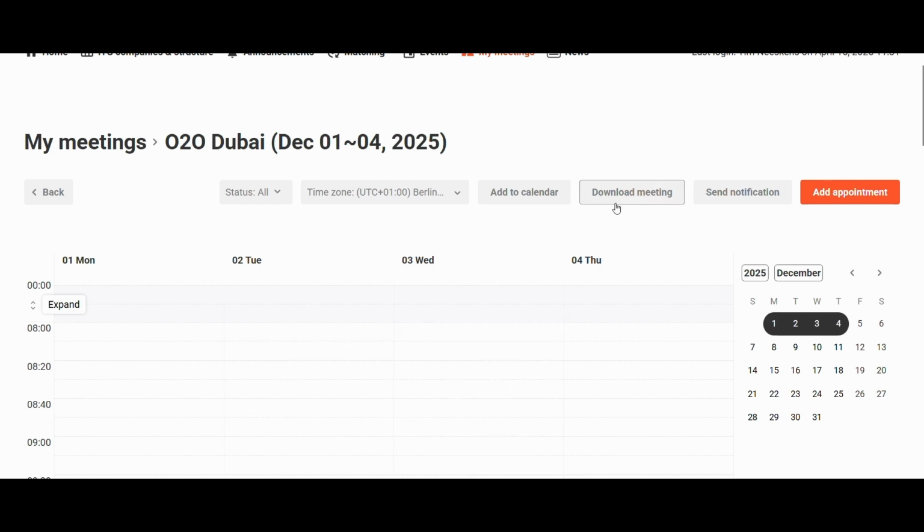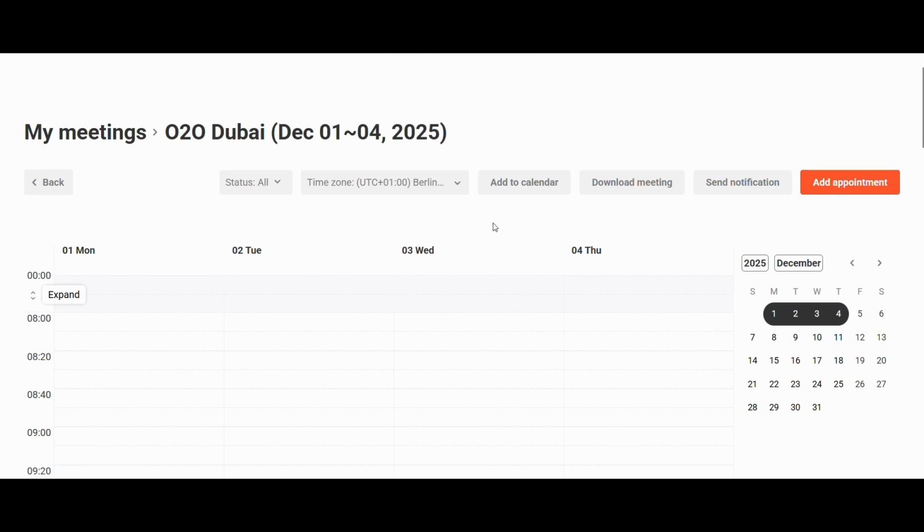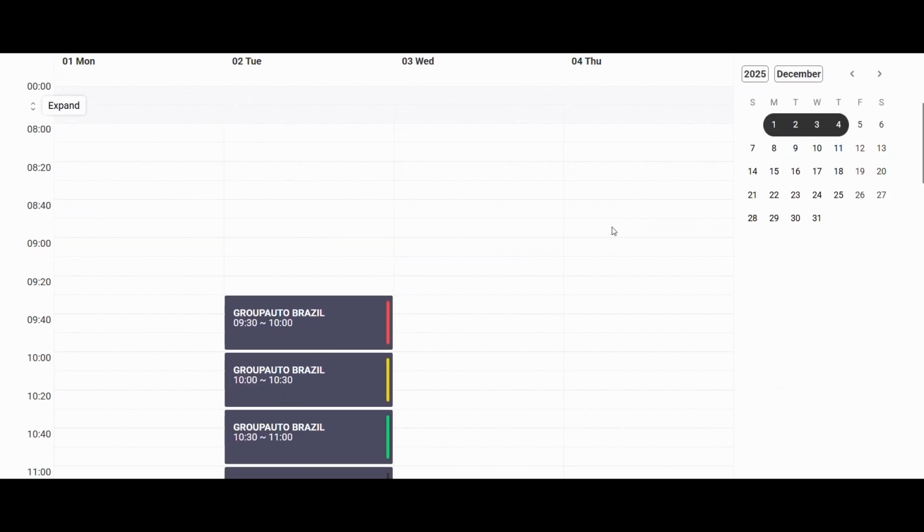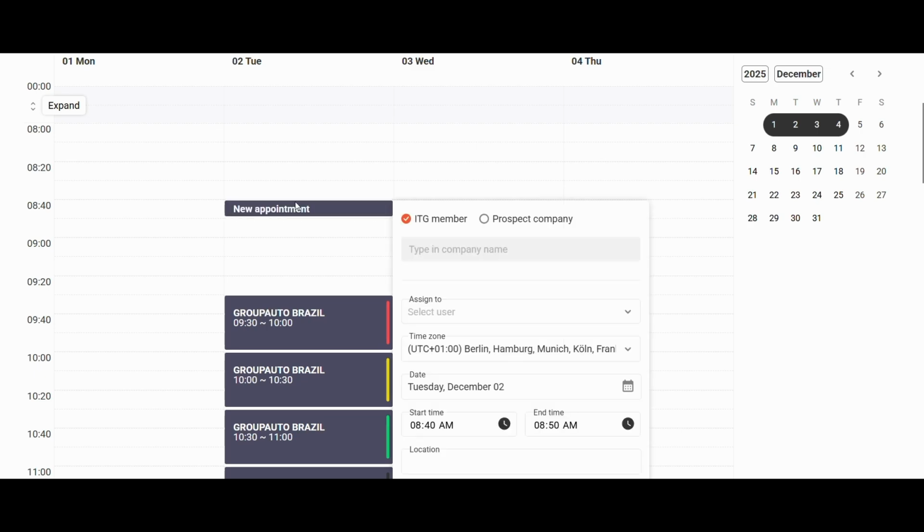You can also download the meetings, in which you will get a Word file in which you can have all information stored that you added in this meeting. You can send a notification, which I will also later explain to you. And you can add an appointment. You can either add an appointment with this orange button, or you can simply click into the meeting itself or in the agenda itself,